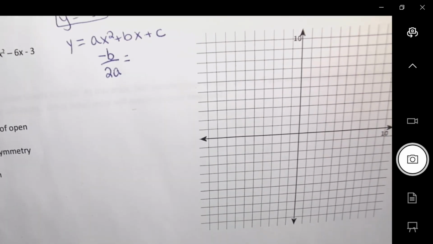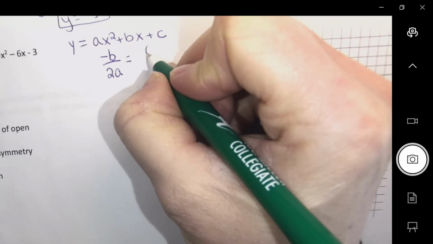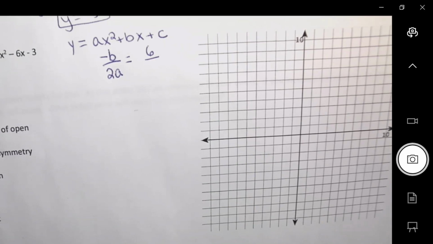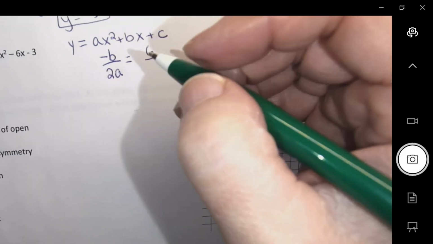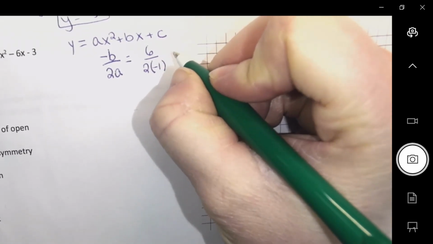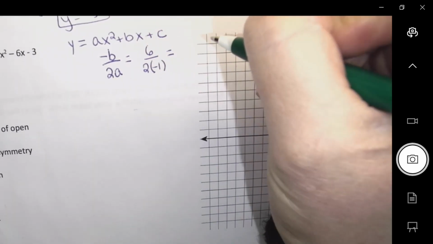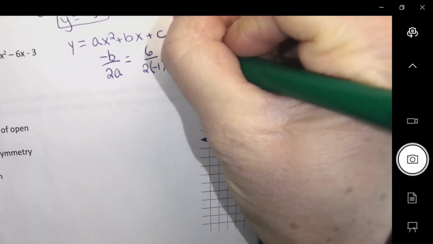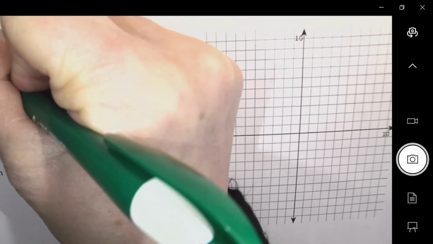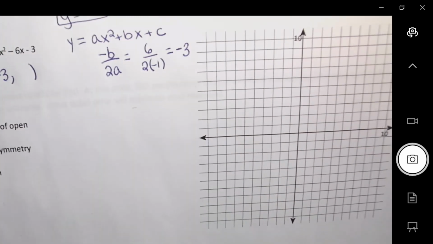Okay, what would negative b now be? There's too many b's saying. Positive 6. I always think about it as the opposite, not negative. I just say, well, what's the opposite when I see negatives? So what's the opposite? And then 2 bracket, what would I do for the a there? Negative 1. So what does that make? Maybe without your calculator, could you think about that? So that would come out to be negative 3. So your vertex is negative 3, comma,